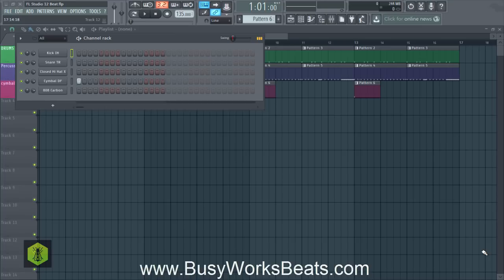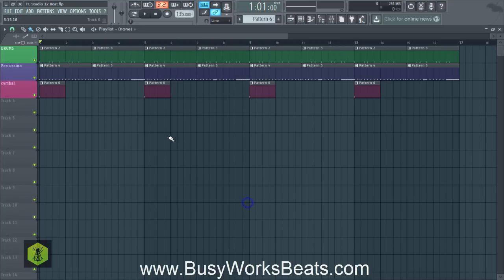So in the first video, you can click the link in the video, and that'll take you to the drums part 1, how to create the drum pattern that we have in the background here. I'll play it really quickly, just to give you an idea of what we started with. So we're creating a trap beat, which is one of the most popular styles of genre right now. And let's go to song mode, and we're gonna hit play.